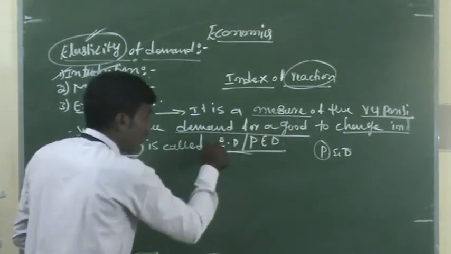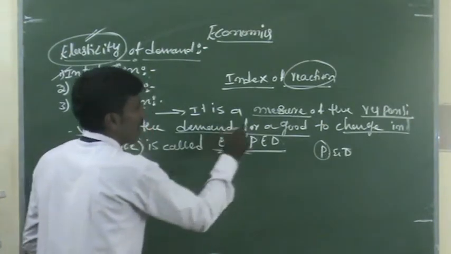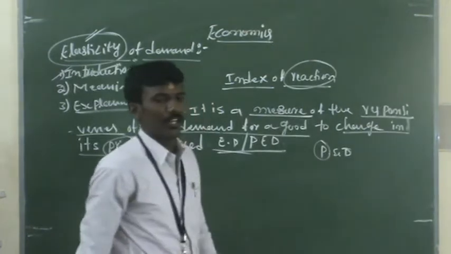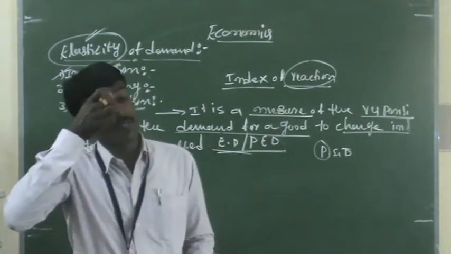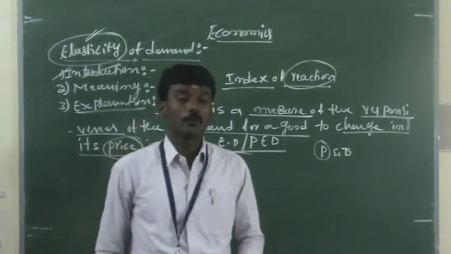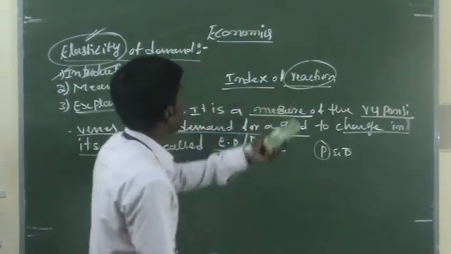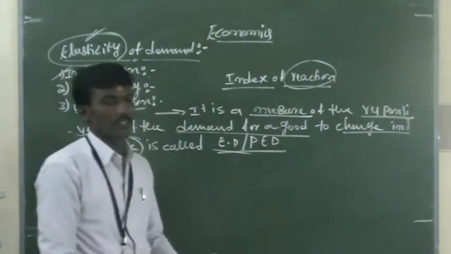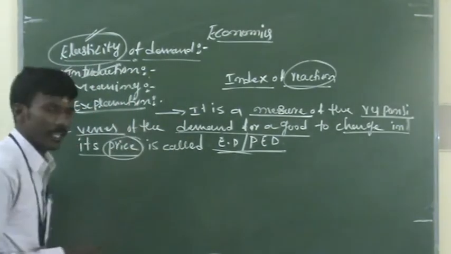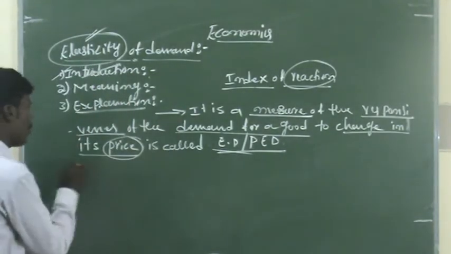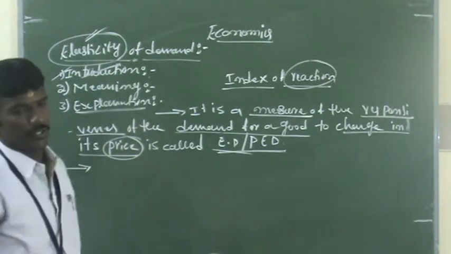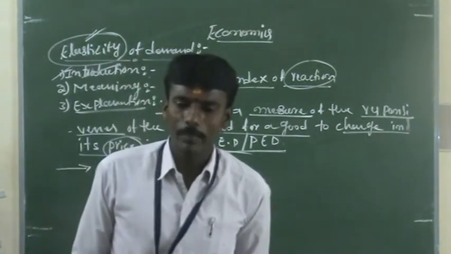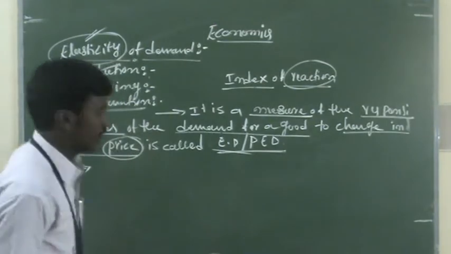ಯಾವ ಪ್ರಮಾಣದಲ್ಲಿ ಅದು ಚೇಂಜ್ ಆಗ್ತಾ ಇದೆ, ವೇರಿಯೇಷನ್ ಆಗ್ತಾ ಇದೆ ಅಂತ ನಾವು ಮೆಜರ್ ಮಾಡ್ತೀವಲ್ಲ, ಮಾಪನ ಮಾಡ್ತೀವಲ್ಲ, ಎಸ್ಟಿಮೇಟ್ ಮಾಡ್ತೀವಲ್ಲ, ಆ ಎಸ್ಟಿಮೇಟ್ ಮಾಡ್ತಕ್ಕಂಥ ಒಂದು ಮೆಜರ್ ಅಥವಾ ಮೆಥಡ್ಗೆ ನಾವಿಲ್ಲಿ ಏನೋ ಎಲಾಸ್ಟಿಸಿಟಿ ಆಫ್ ಡಿಮ್ಯಾಂಡ್ ಆರ್ ದ ಪ್ರೈಸ್ ಎಲಾಸ್ಟಿಸಿಟಿ ಆಫ್ ಡಿಮ್ಯಾಂಡ್ ಅಂತ ಕರಿತೀವಿ ಇನ್ ಸಿಂಪ್ಲಿ ಆರ್ ಜನರಲಿ. Now in other words, ಇನ್ನೊಂದು ಅರ್ಥದಲ್ಲಿ ಹೇಳಬೇಕು ಅಂತಂದ್ರೆ the percentage